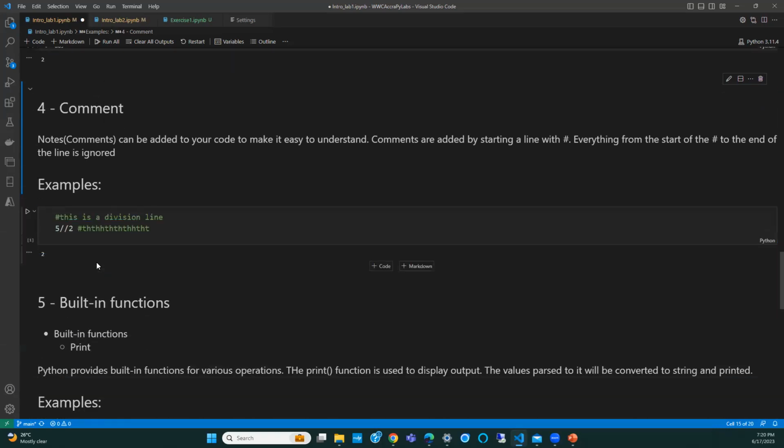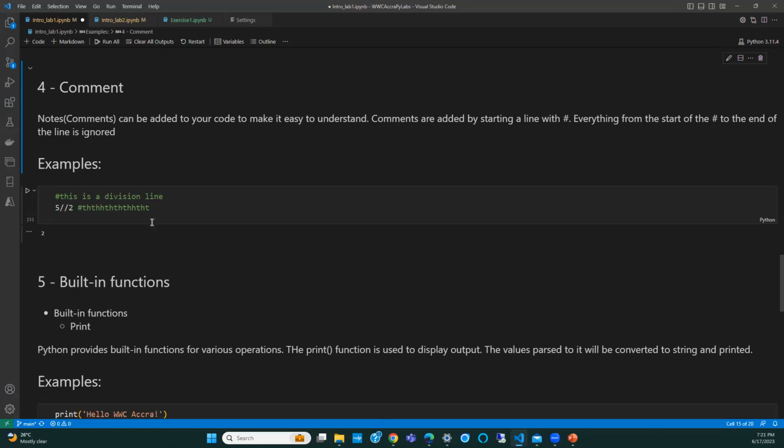Then we went on to talk about comments. Right? So commenting in Python or any other programming language allows you to add some notes to your code, makes it easy for you to remember what you were thinking when you wrote that program, or makes it easy for someone else to read the program and understand what it really does or some information about it. So for commenting in Python, you use the hash sign. So any text after the hash is a comment. Okay. And Python would ignore that statement or that line.